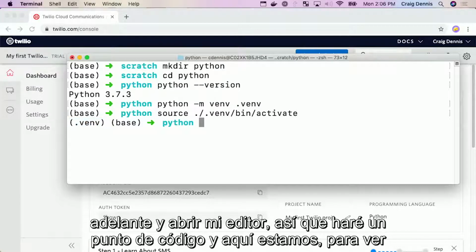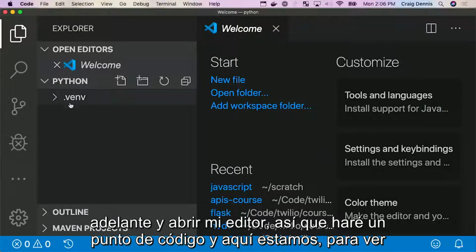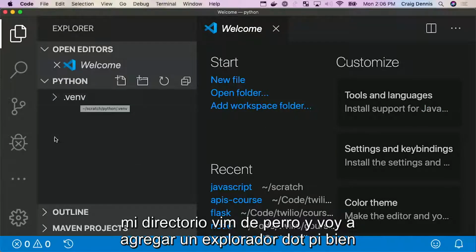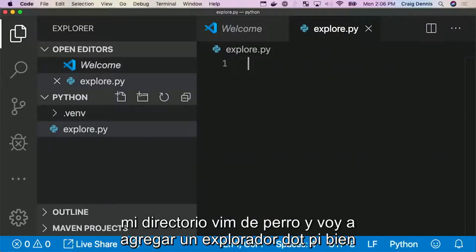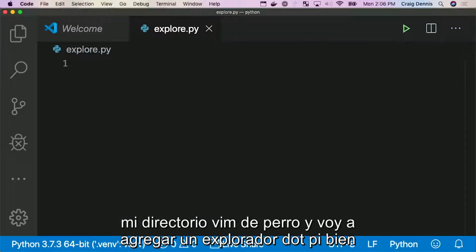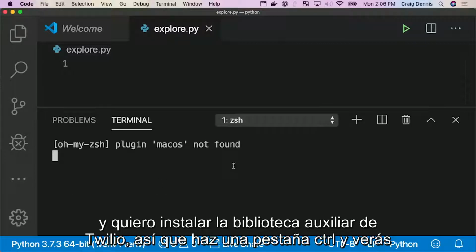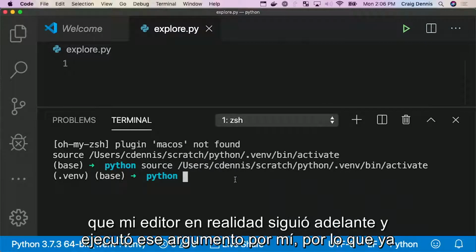I'm going to go ahead and open up my editor. So I'll do code dot. And here we are. There you see my .vim directory. And I'm going to add an explore.py. All right, and I want to install the Twilio helper library, so I'll do a control tab. And you'll see that my editor actually went ahead and ran that argument for me.